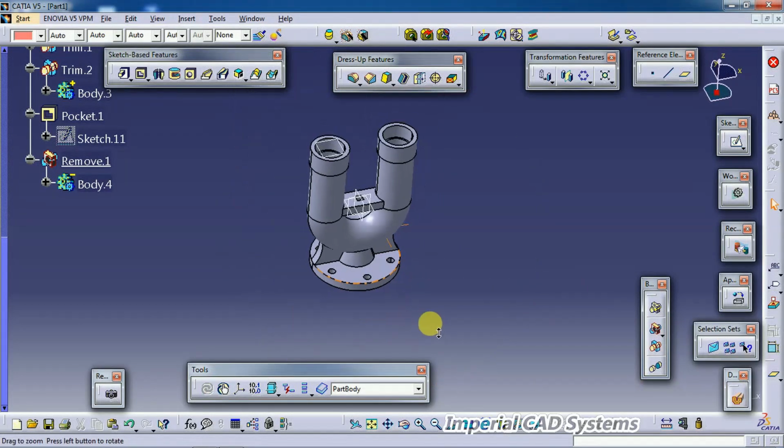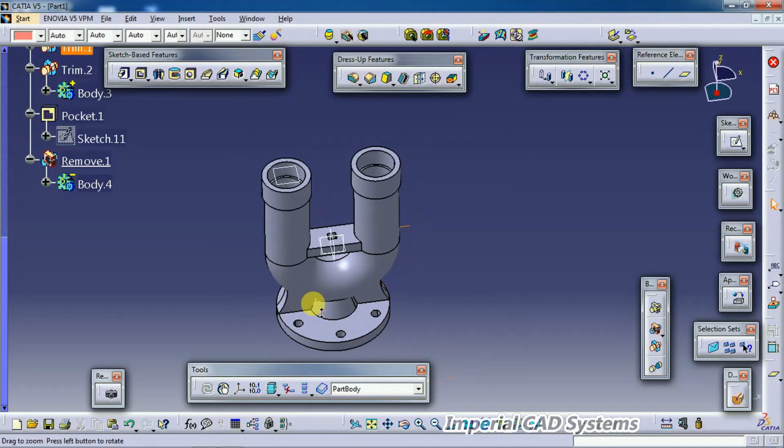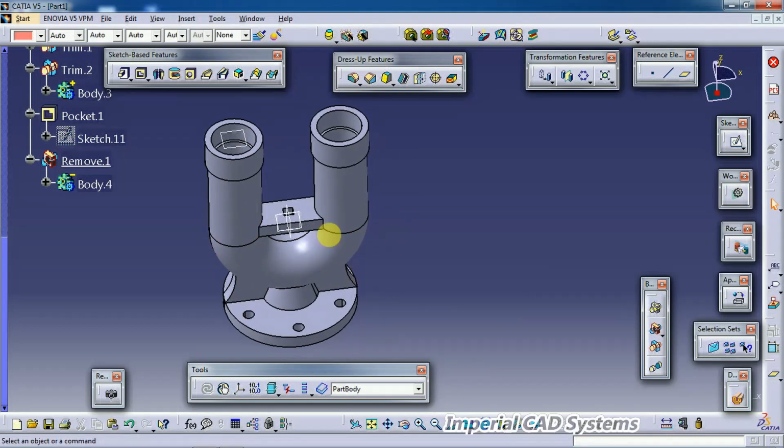So like this, at last we created the hole also. This is the procedure to create this housing of a Ram's bottom valve using CATIA V5